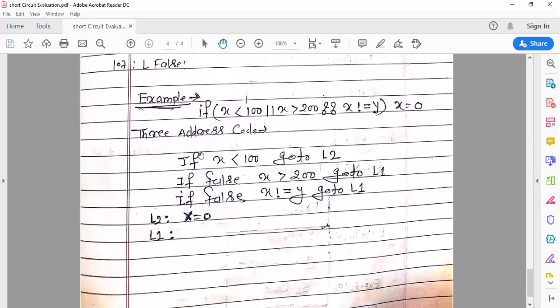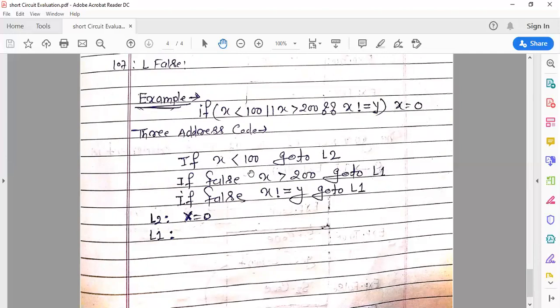Now you can see the next example: if x less than 100 or x greater than 200 and x not equal to y. If this condition is true, it means this statement will be executed. So this is the 3 address code.